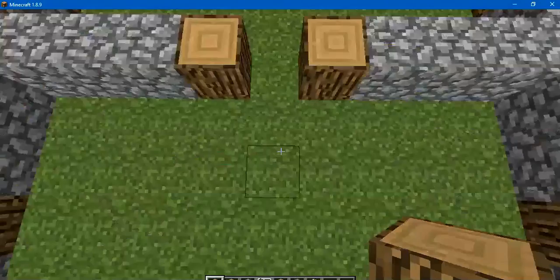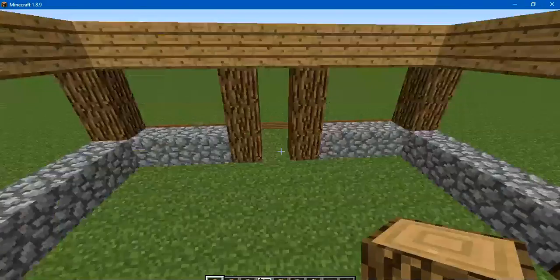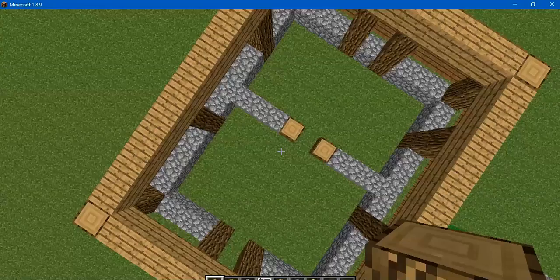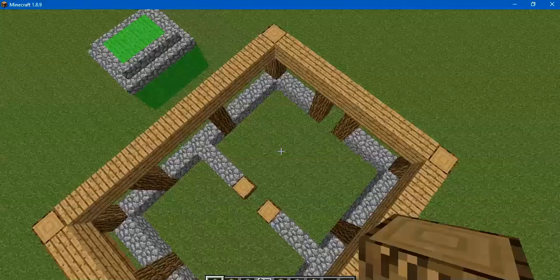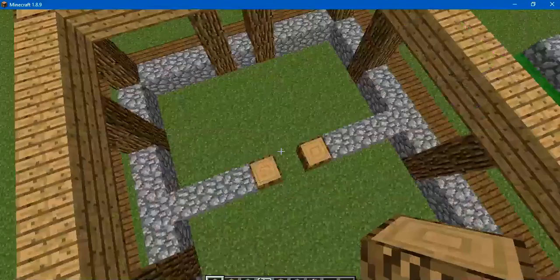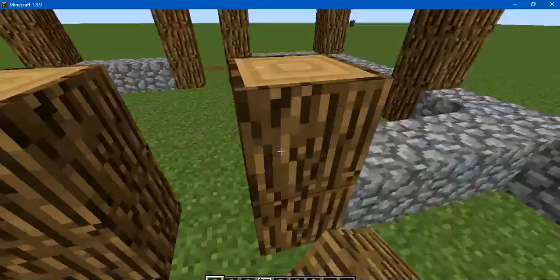So this is your living space. Kind of small, I know, but so is this. So you have living space over here, and then you have the shop area. It's almost halfway, which is pretty cool. And so you're gonna want to go up